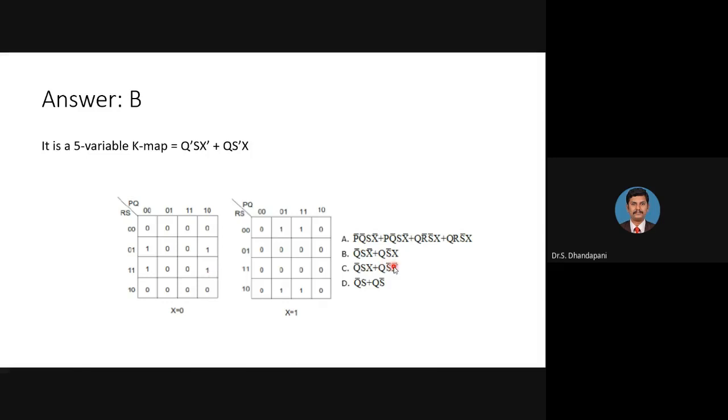Why I am telling it is a simple question is that we do not have a combination from the first group to the second group. We can work both the groups individually and find the answer. Sometimes we may have a combination from the first group to the second group also. At that time it will take some extra time, but as such this question is very simple, where we can find the answer quickly.